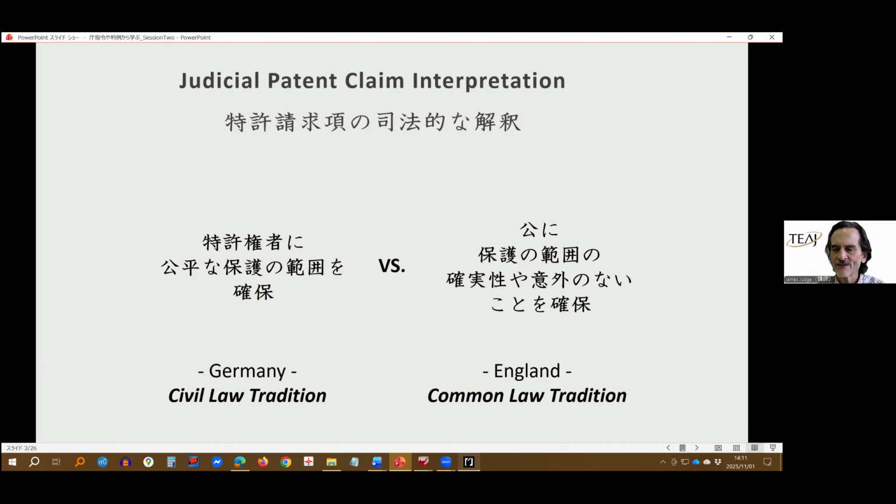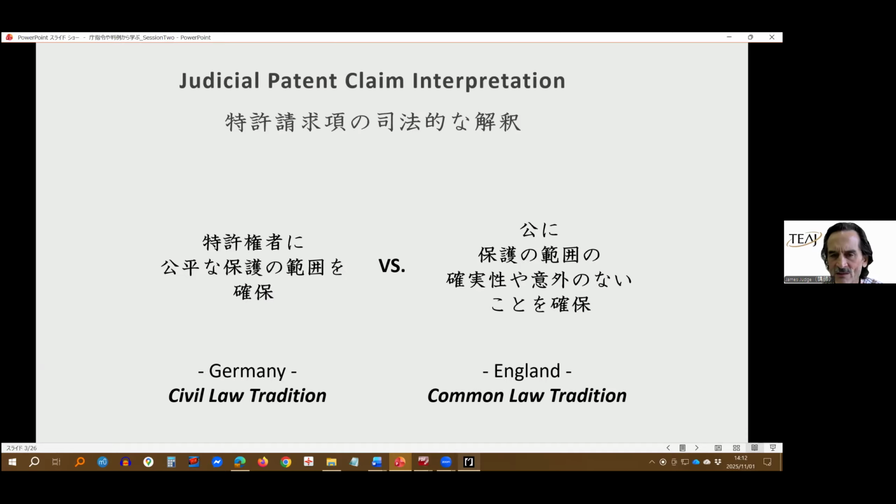There's nothing about fairness, but what's the focus? I shouldn't say there's nothing about fairness, but the focus is on clarity of the scope, and that there's nothing that would be unclear to the public, or unexpected, so nothing surprising to the public about the scope of the claims. So there is quite a significant difference, and I hope I don't seem like I'm spending too much time